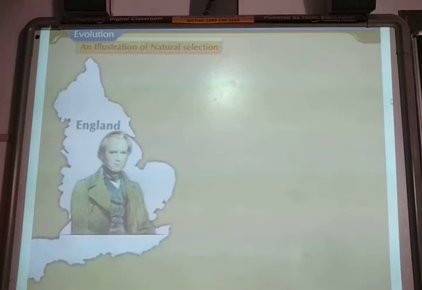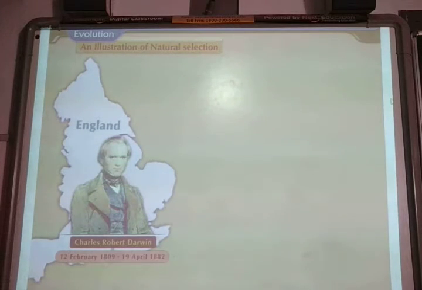An illustration of natural selection. Charles Robert Darwin was